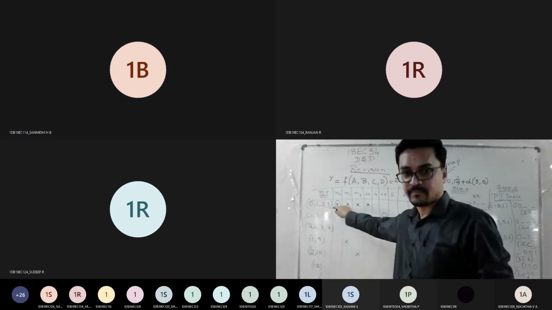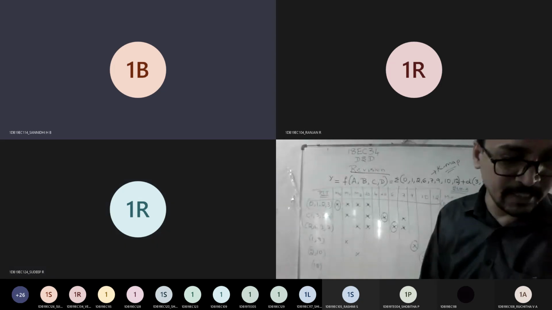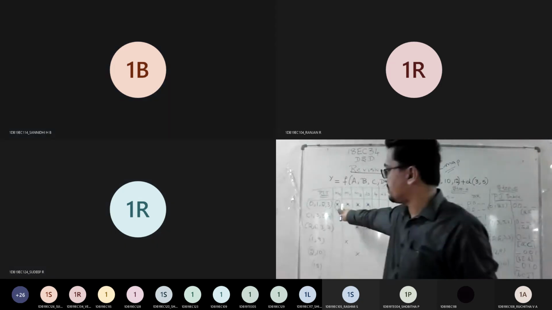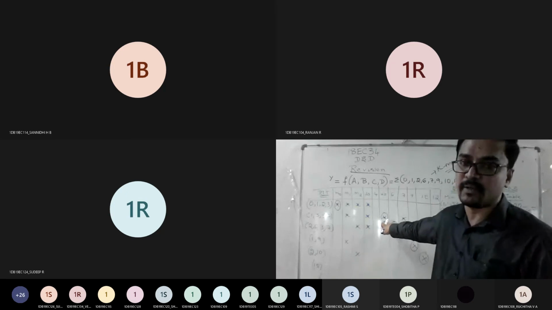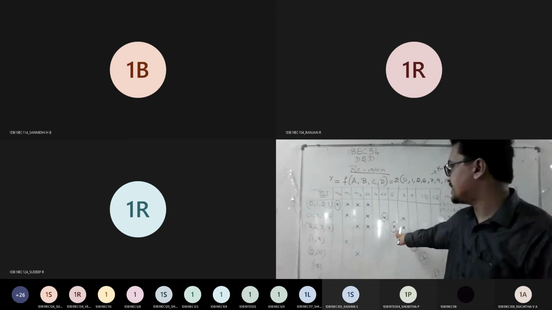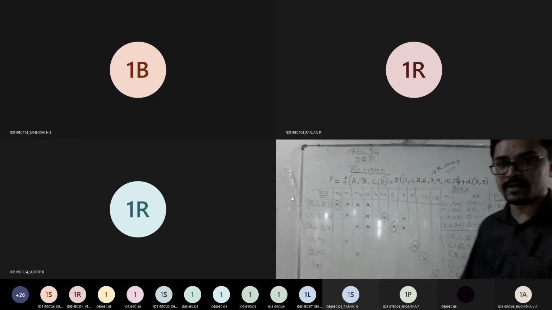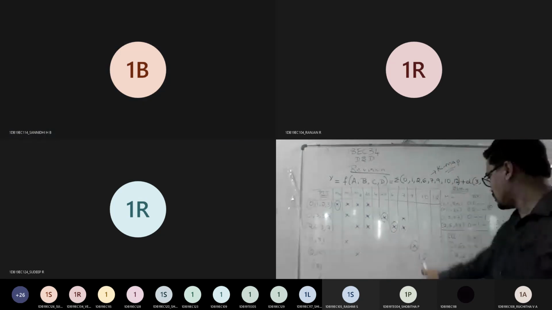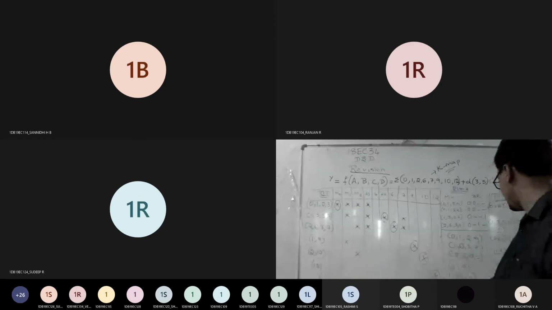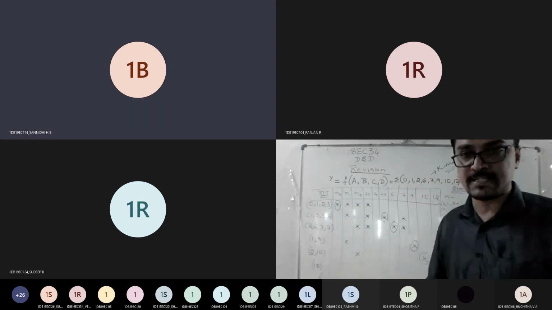This category, the first one. What is the first answer? I think that is A bar, B bar. So this is A bar, B bar. And this don't care condition is acting like an essential prime implicant. I will show you in the K-map. Then 2, 3, 6, that is this one. It says A bar, C. So the second expression is A bar, C. Then 1, 9: B bar, C bar, D. Then 2. Now you should write this at the end. Therefore the answer is this much.